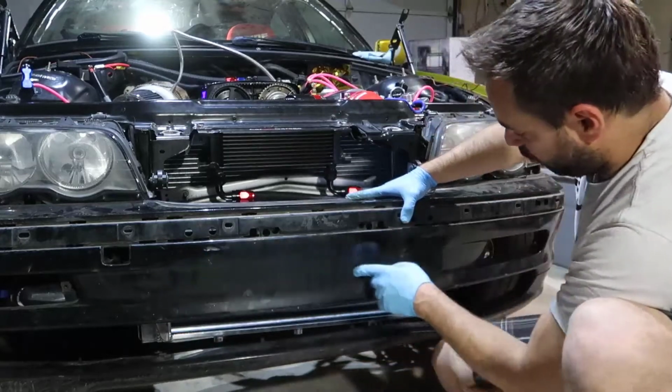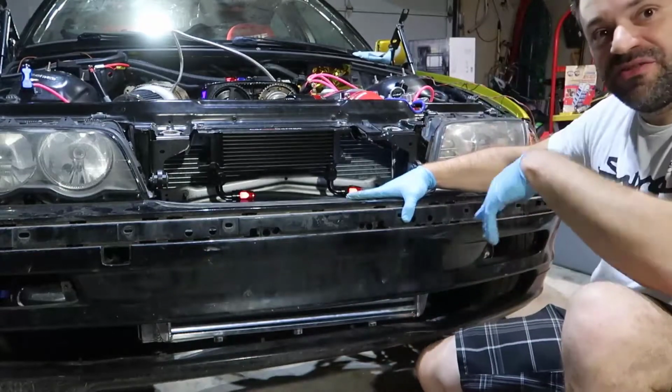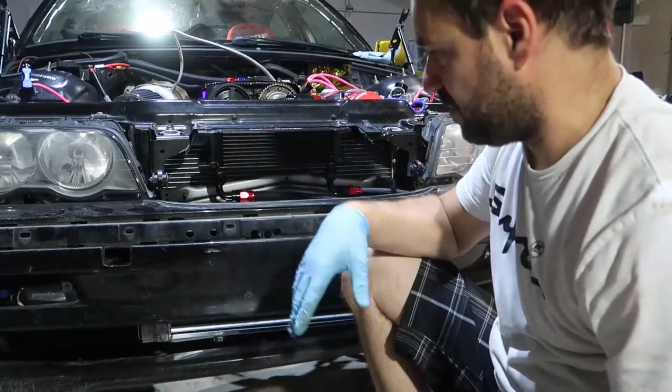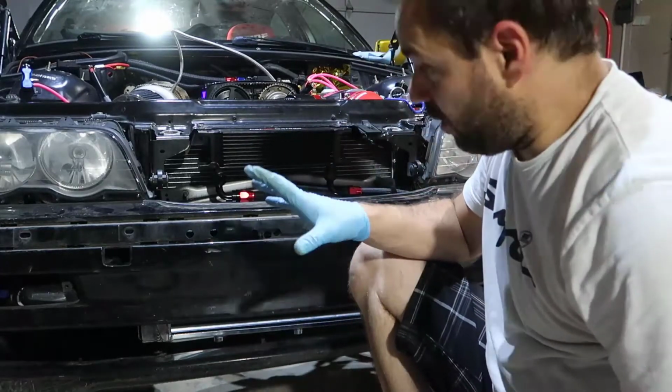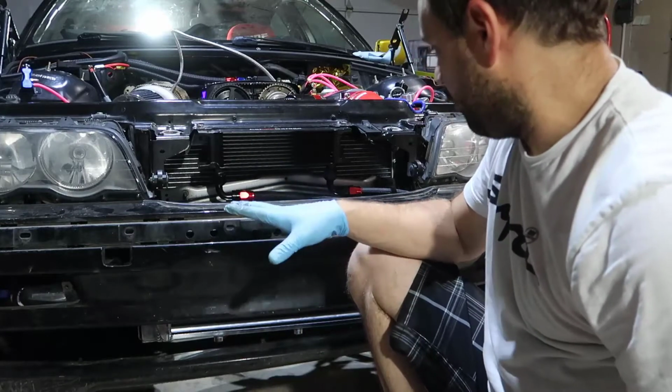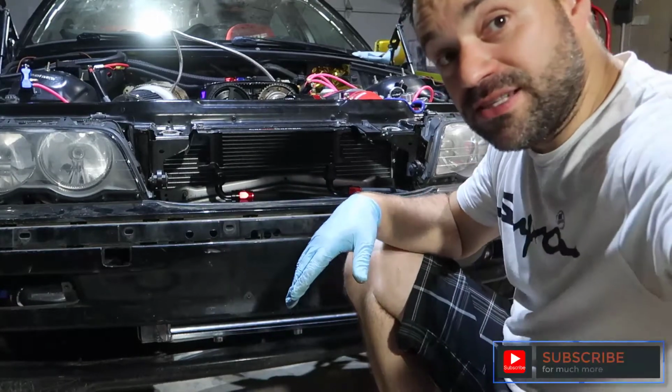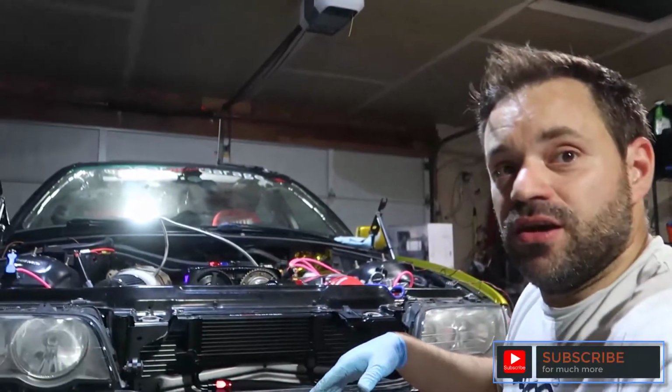Ideally, you should open a hole in here. I'm gonna try to see if I can change the design sometime soon, but I think for now, running without a bumper might be the best idea. So yeah,